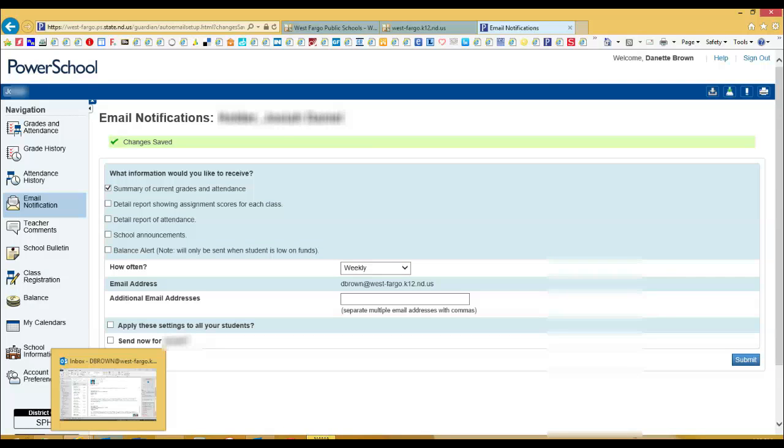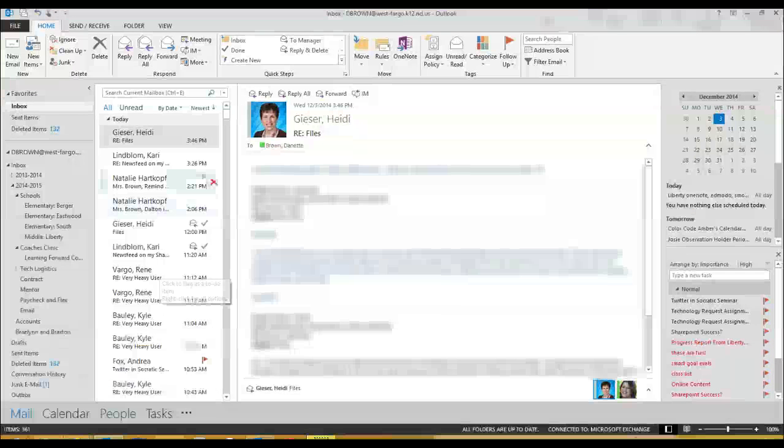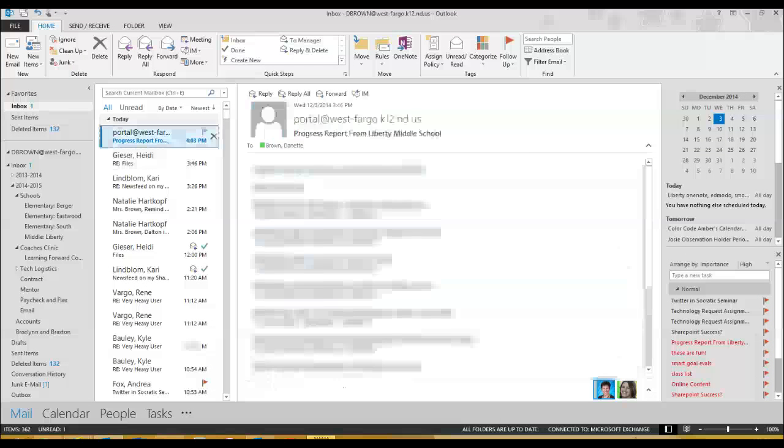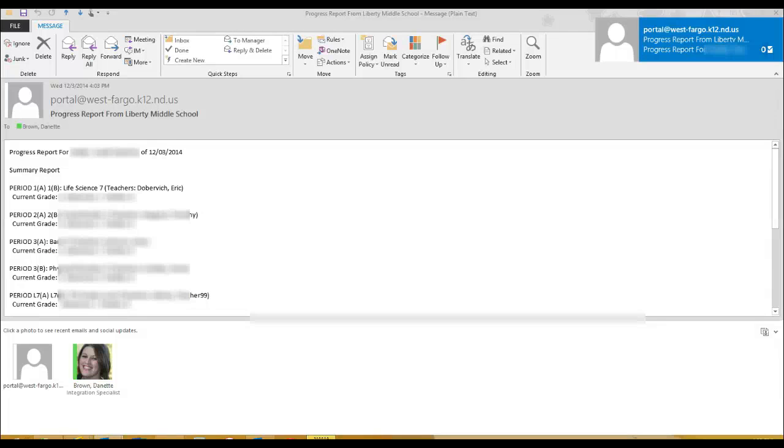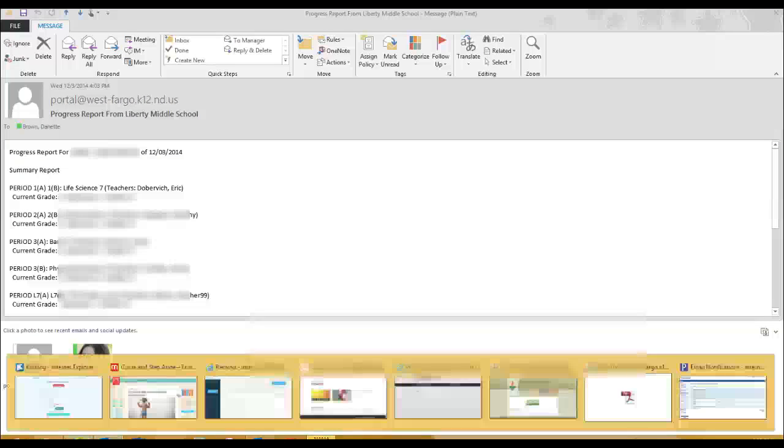And you'll notice that you're going to get an email sent into your inbox. And if I double click on that, it's going to be from portal@west-fargo, so make sure it doesn't go to your spam. But right now, it just sends the summary for their current overall grades. So if I look at life science, this is where my child is at. Social studies. And if you're getting these progress reports weekly, you can keep track of, oh, was there a major fluctuation in their grade? Did it go down? Did it go up? And you can talk to your child from there. So if we head back to the internet,